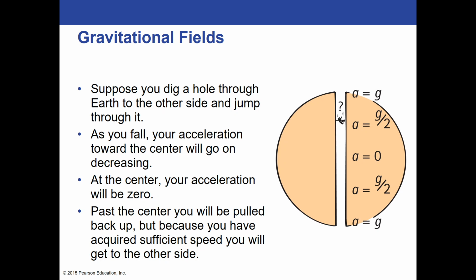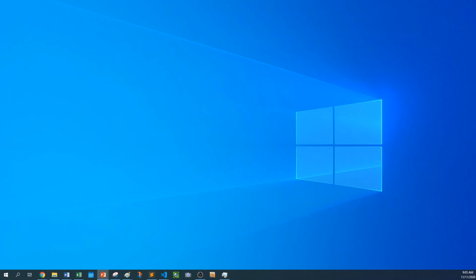And eventually, you will come to a stop. If there was no friction, and again, this is assuming Earth's mass is uniformly distributed, what would happen is you jump in the hole and start getting faster and faster until you reach the center, and then it's almost identical. You start slowing down until you reach the other side, and you'll eventually stop, and then you'll start going back and forth. What's interesting,